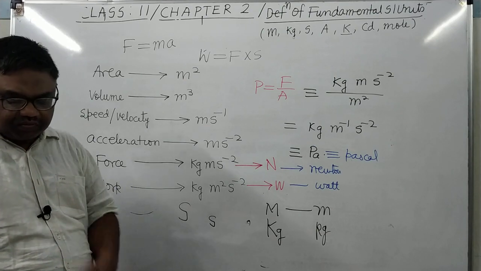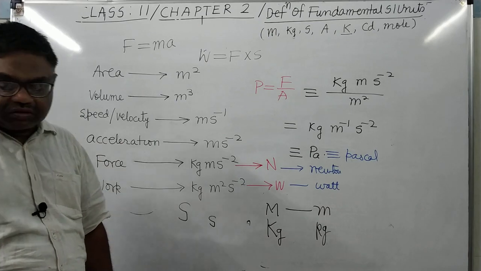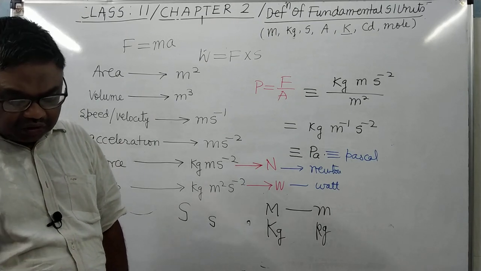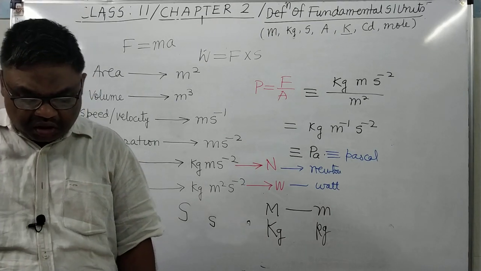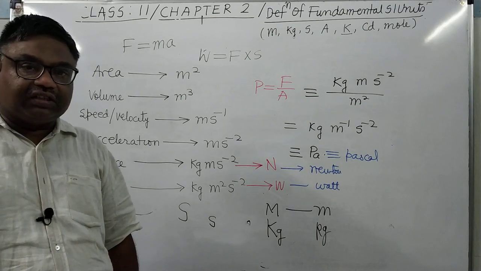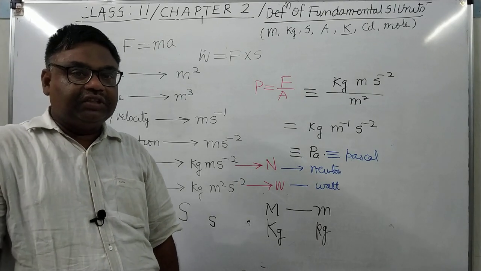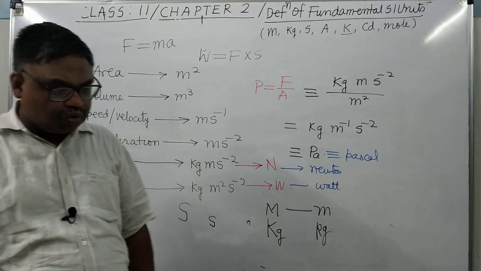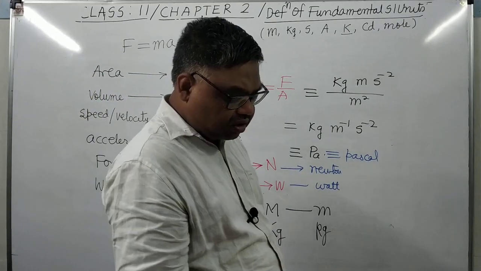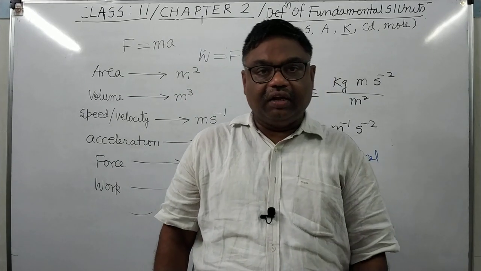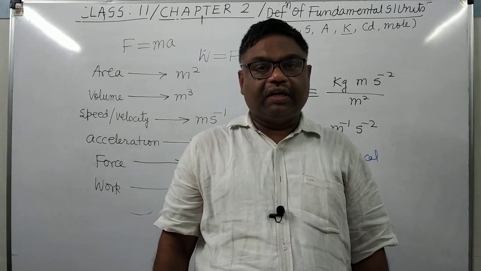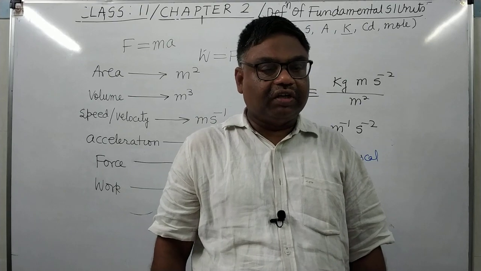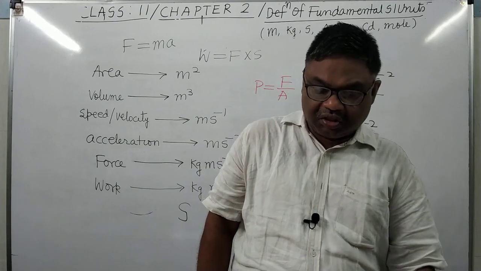So these are some guidelines for writing the units that you can see from the book. Now after this, in the third lecture, we will do the measurement of some distances. So now you go through your book also and try to understand. If you are getting any problem, write in the comment box. I will try to resolve those problems. So thank you.